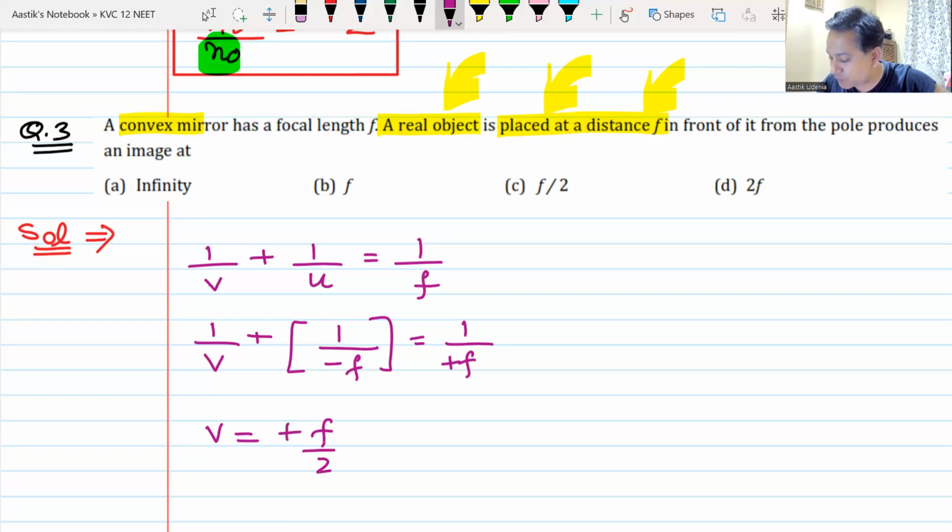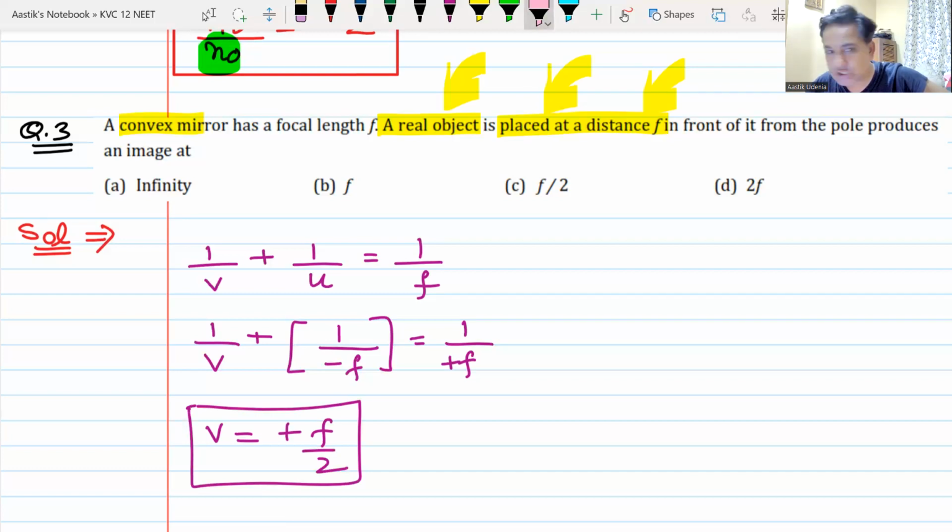What does plus f by 2 mean? Is it a real image or is it a virtual image? v is coming positive, my dear friends. Is it a real image or a virtual image? And the answer is, it is a